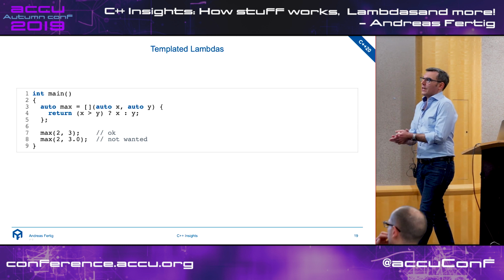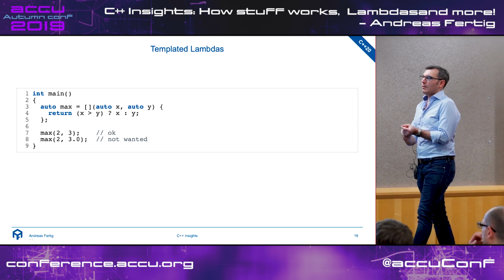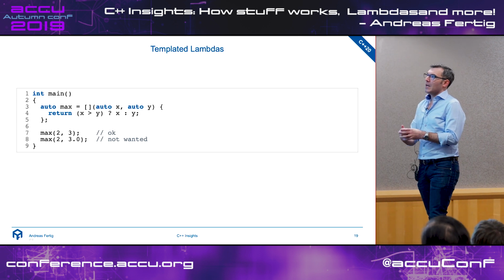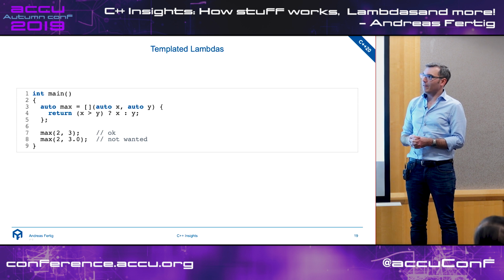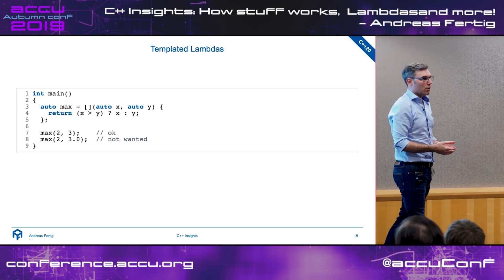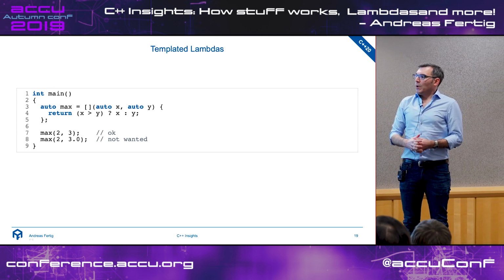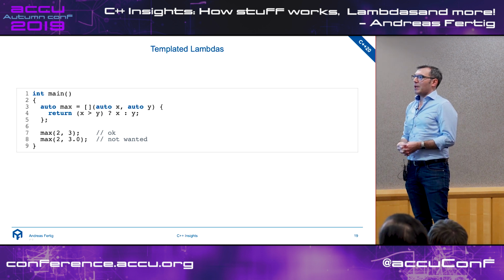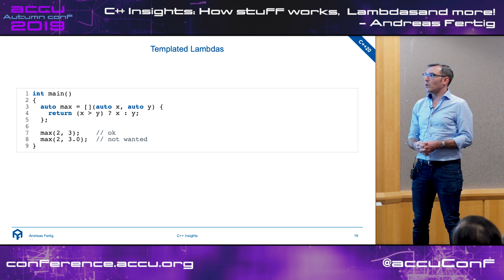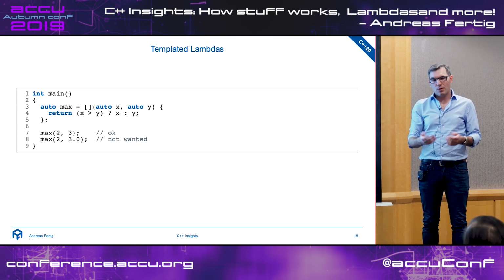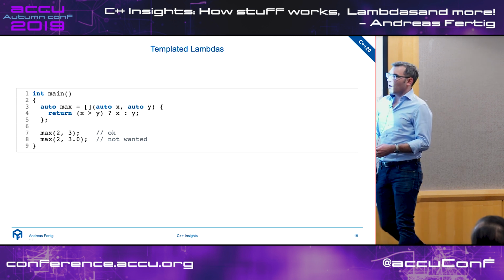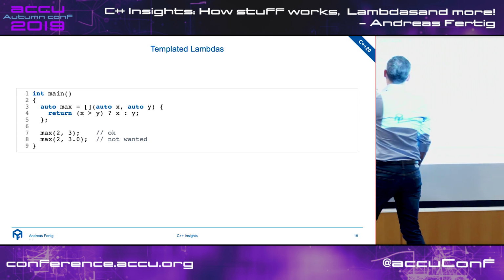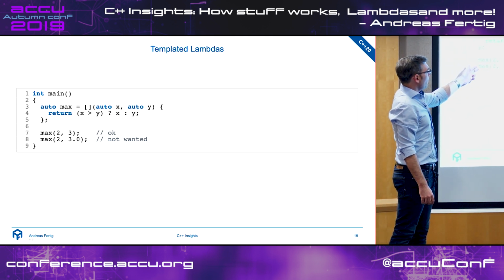This might not be enough. So with C++20, we will get another evolution of the lambdas. There we will have templated lambdas. And they solve a problem illustrated here. Generic lambdas are great. They enable us to write generic code. I once again use this max function for illustration. So I have a lambda here which takes two variables, x and y, and once again tries to figure out which one is the larger one and returns that. So I can call it as shown here with either 2, 3 or with 2, 3.0.